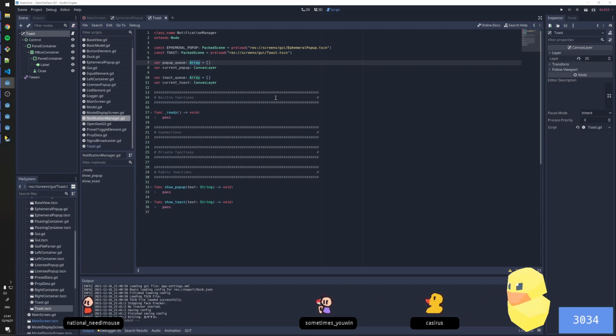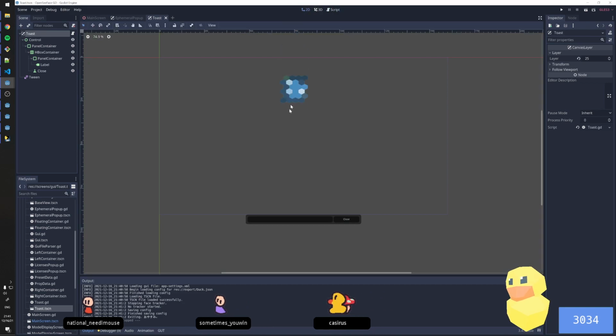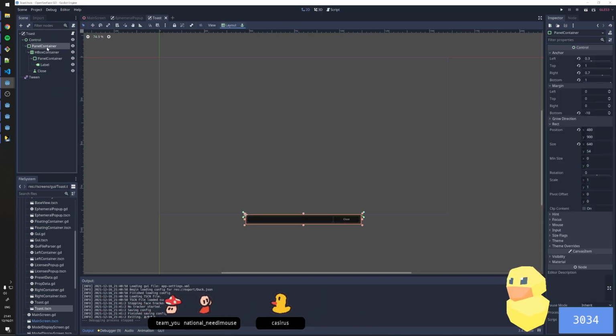But if there is something in the queue, then we should start to display, like, it's about to be deleted, you better read it, something like that. So we can make that work as well